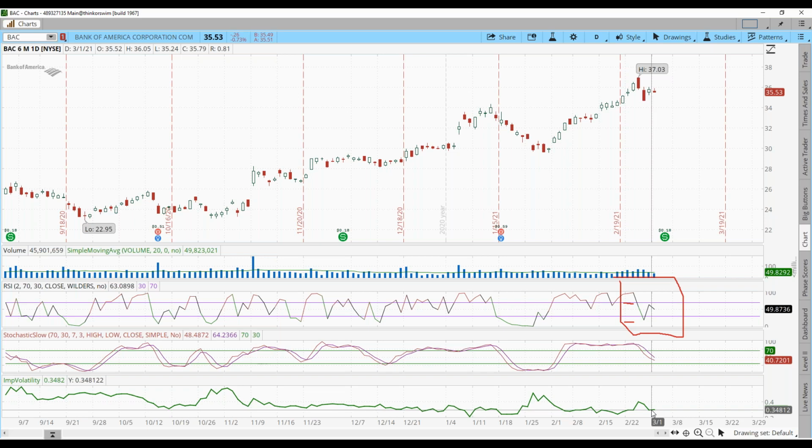Butterflies and iron condors are theta positive. They're vega negative, so they're delta neutral strategies where we make money from time. That's the setup that we're looking for. Calendar spreads. I love calendars, but they're not as viable now. They're more viable when we get into a low implied volatility market, but that's a great way to get positive time decay in a low implied volatility market. So that's the main thing: in order to be theta positive, you have to sell something.